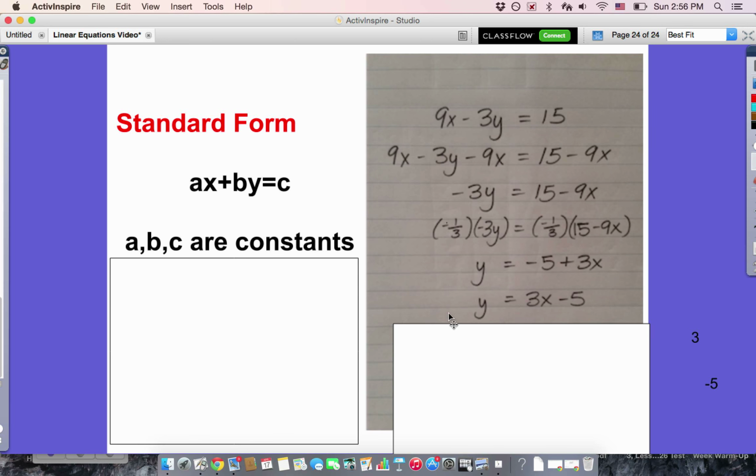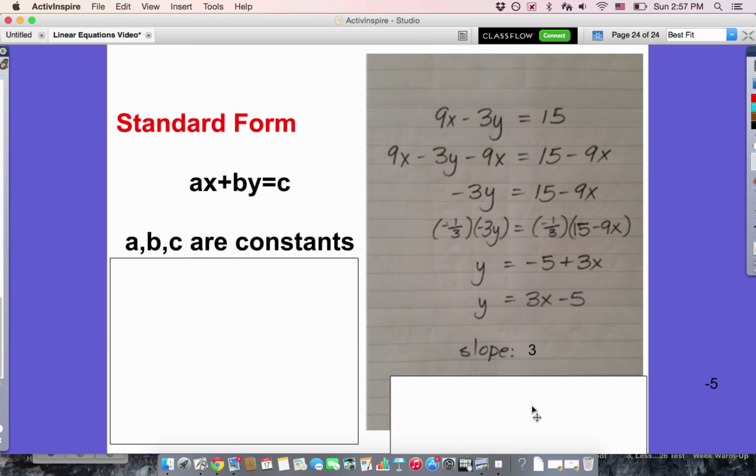Okay, so now this is written in slope-intercept form, and we can easily tell what the slope is and what the y-intercept is. So what's the slope here? It's 3, right? And what's the y-intercept here? It's negative 5. Okay,